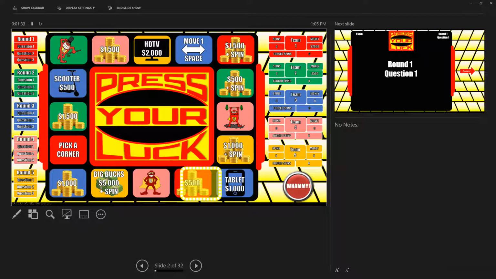So if you were to land on a whammy like this guy here, you just hit the whammy button, and there's our cool sports car whammy dude. Yeah, and so that's how the team scoring works. And like I said, if you want to use the 4 spins, you can. If you want to ignore it, it's really up to you. What really matters is the money amount and the spins, and how they earn the spins and money amount are